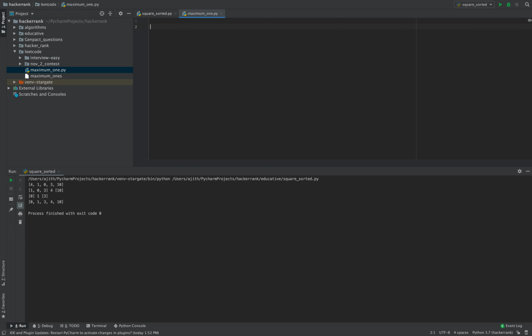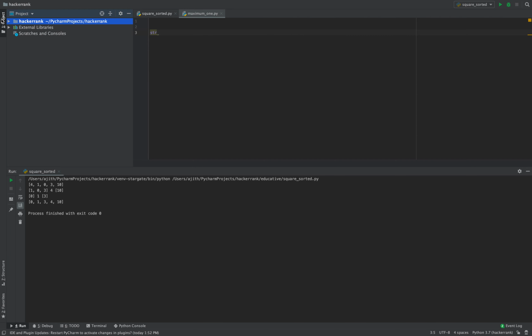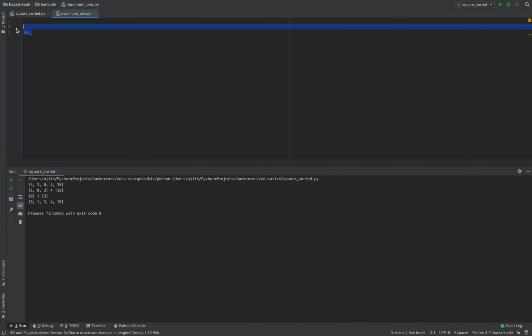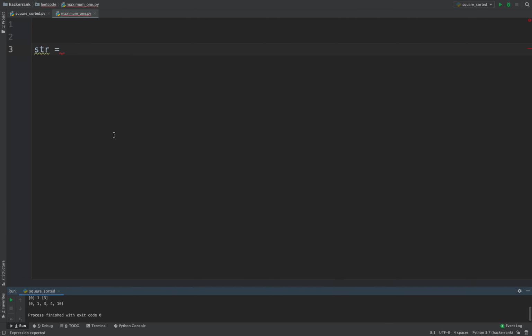Okay, so we have a string, just 111 0 111, and we have a starting window. The starting window is always going to be the first index.